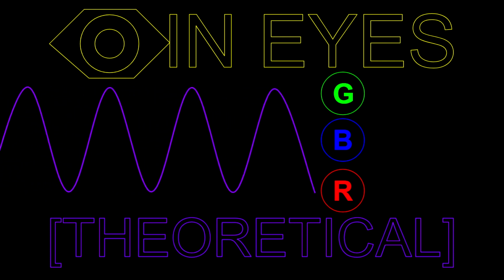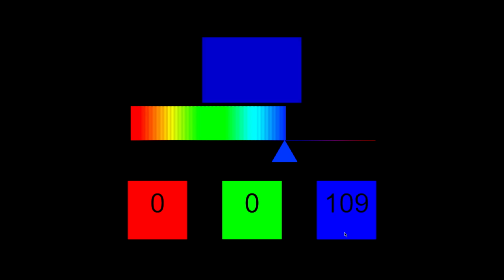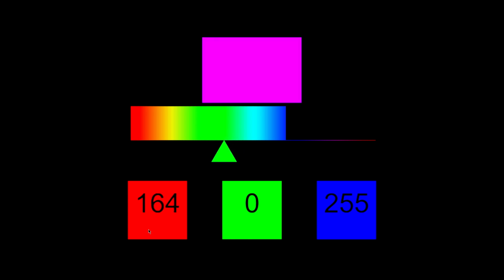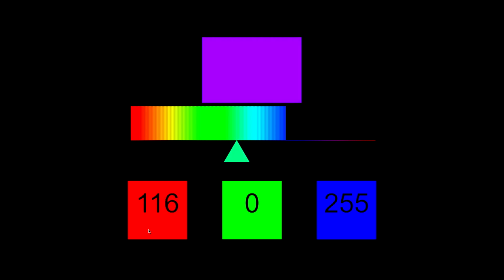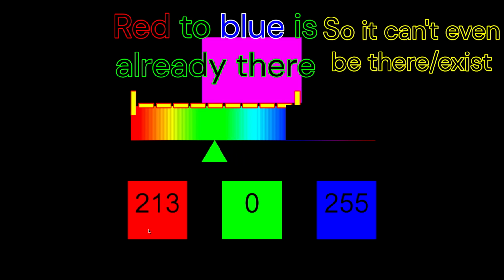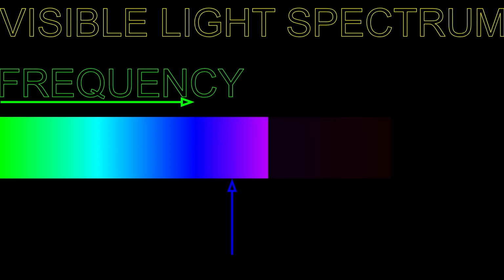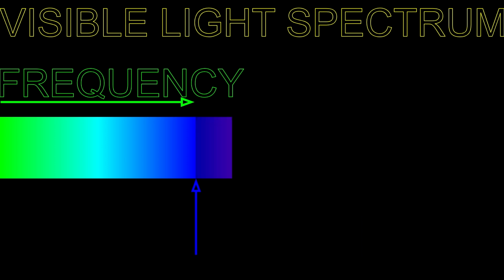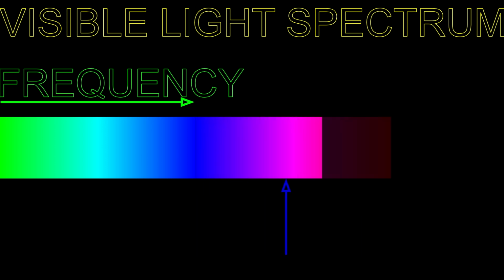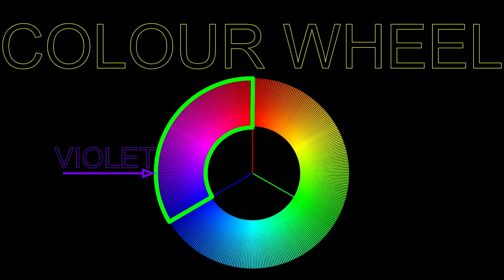Even if there was a wavelength or frequency between red and blue, it would not be past blue, because it would be between blue and red. So if anything, it would be a lower frequency, not higher. But it doesn't exist anyway, so I'm just saying that the logic doesn't make sense if you go past blue and then into violet. It does feel like a new sort of wavelength when you go that way, but really if you keep following that way, you'll just go back to red, and that is only a part of the color wheel,